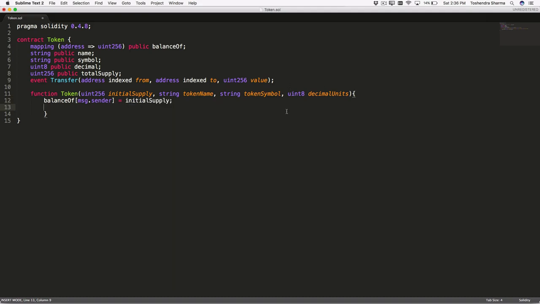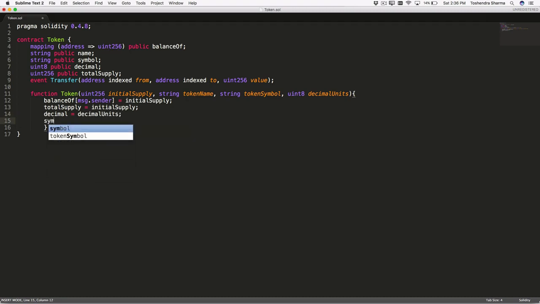So here simply the balance of the sender will become the initial supply, right? And also the total supply will keep the initial supply as a record. This much of the token has been made available. The decimal variable will contain the decimal units variable, right?